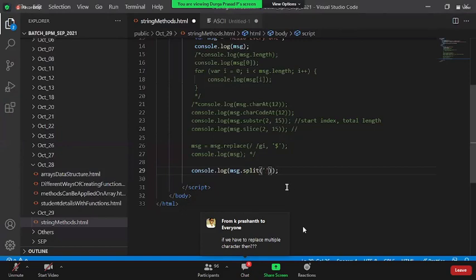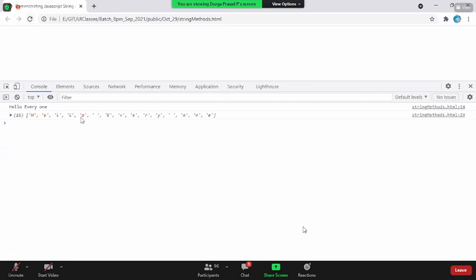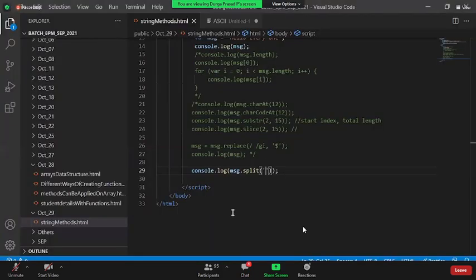And if we don't pass anything, see here, I simply said split with nothing. Now it is going to split each and every character within the array. I mean, each and every character will be treated as an array element. This is how internally the memory structure of the string is created. So split is a predefined method using which you can split all the characters into individual values like an array, or you can split it into words also.